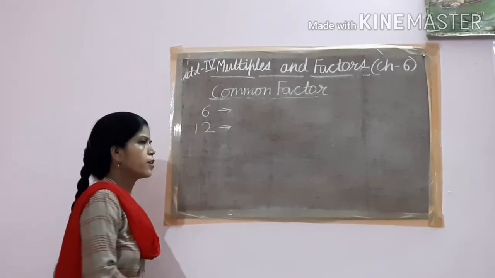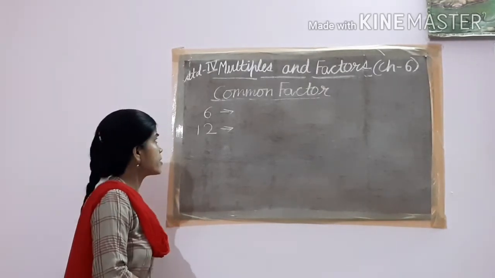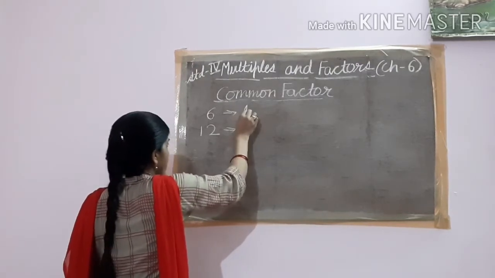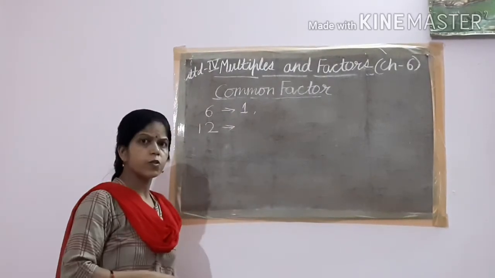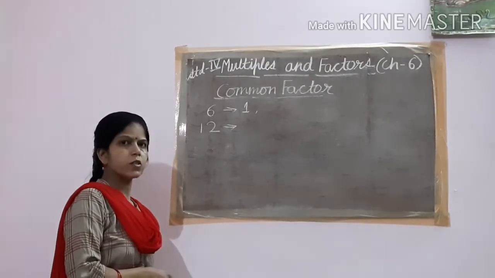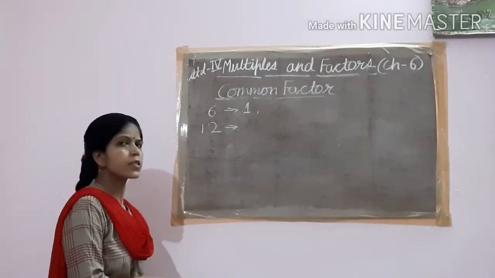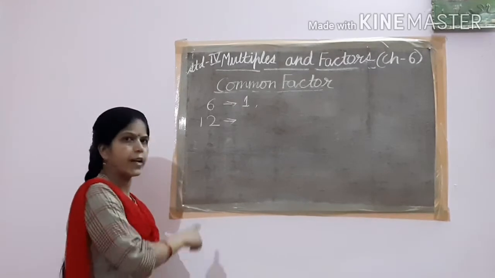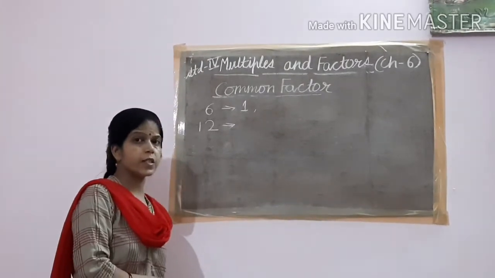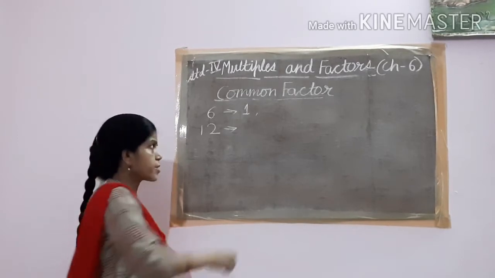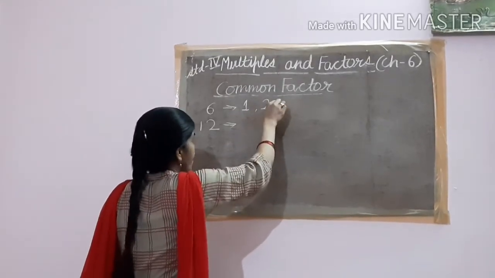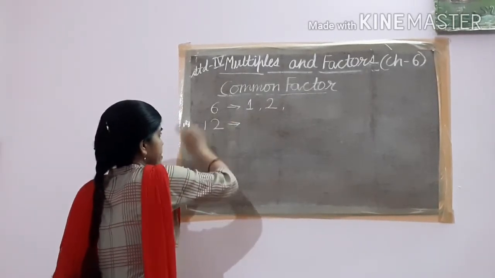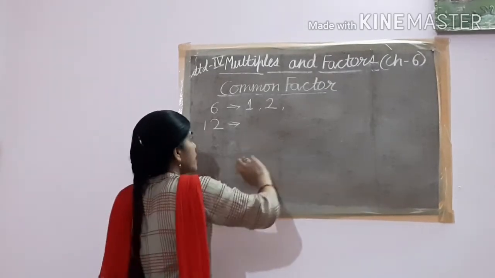So, let us start. Children, you have learned that 1 is a factor of every number. When you divide 6 by 1, the quotient is 6 and the remainder is 0. One easy way is to read the table and see whether the number comes in that table or not. Like 2: 2 threes are 6, yes, so 2 is also a factor of 6. 2 is dividing 6 without leaving any remainder. 3: yes, 3 is also.